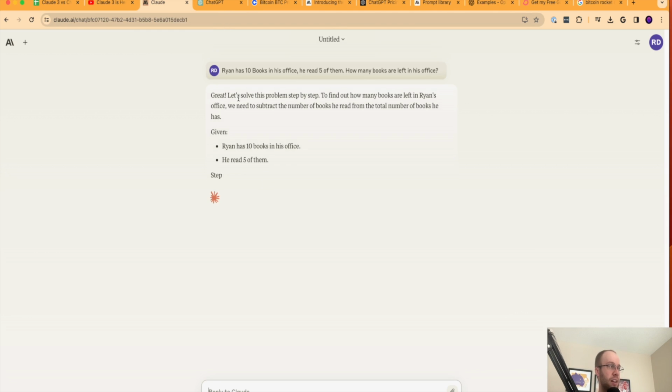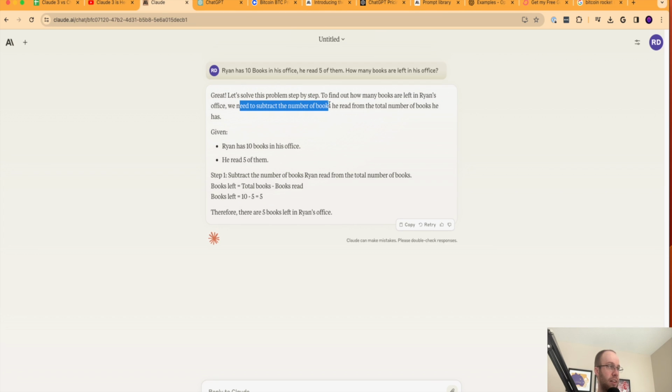It says, great. Let's solve this problem step by step. To find out how many books are left in Ryan's room, we need to subtract the number of books he read from the total number he has. Ryan has 10 books in his office. He read 5 of them. 10 minus 5 is 5. Therefore, there are 5 books left in Ryan's office. That is incorrect. There would still be 10 books. Just because I read them, the LLM is implying that they are now outside of my office,